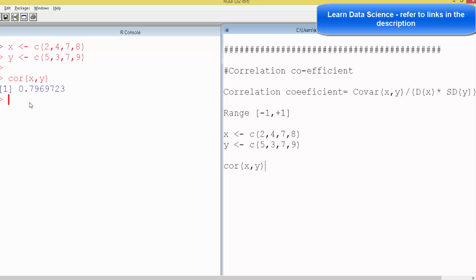However, slightly much less than x, because they do not move in the exact direction, but the extent is not equal to 1, but it is closer to 1, like 0.8. So that's the way we should interpret. If it is towards 1,